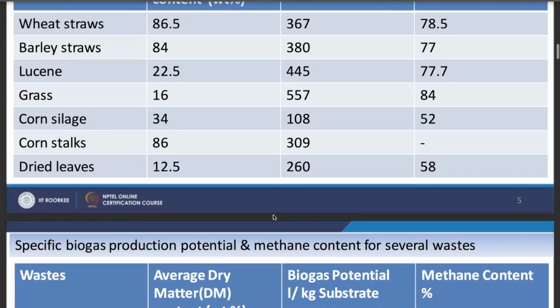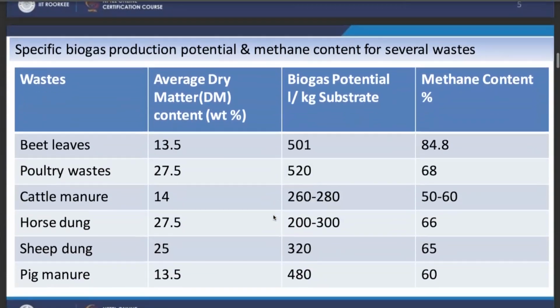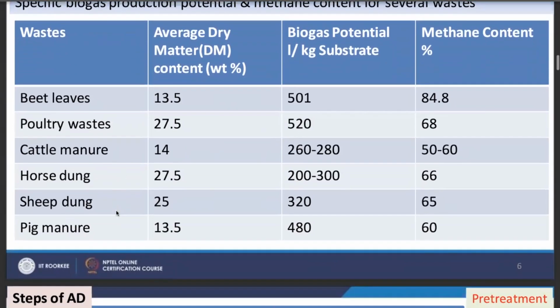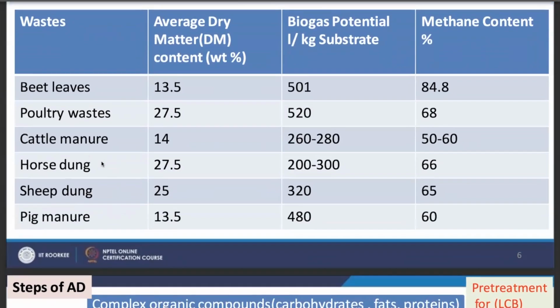purposes, right? So in continuing our discussion, these are again some of the other type of waste or raw material which are subjected for anaerobic digestion, and their methane content and biogas potential liter per kg is given here. Here you can see that the horse dung, the cattle manure, these two have very high biogas potential, right? Because innately cattle manure is very rich in methane content. And if we are subjecting that to the anaerobic digestion, we are enhancing its further potential, right?